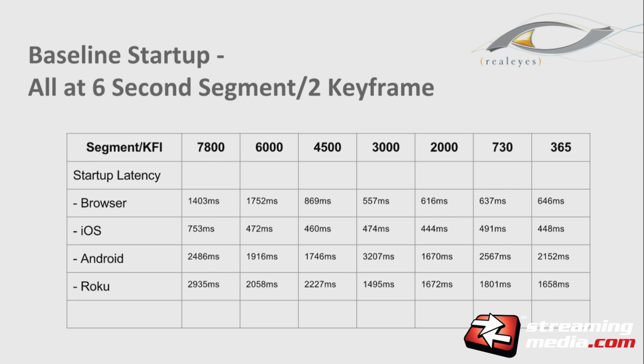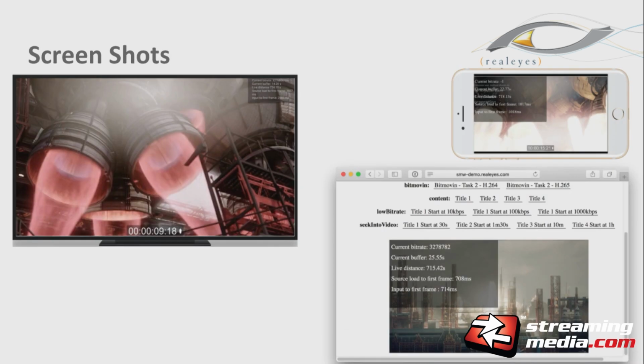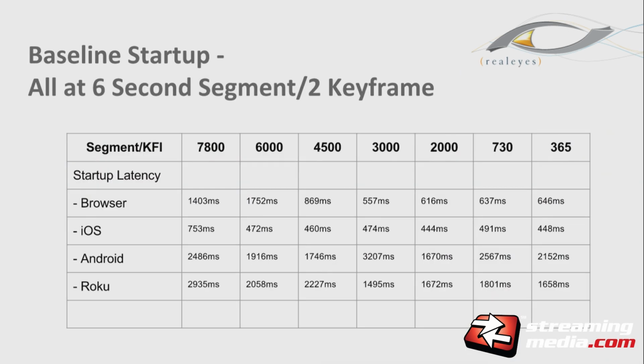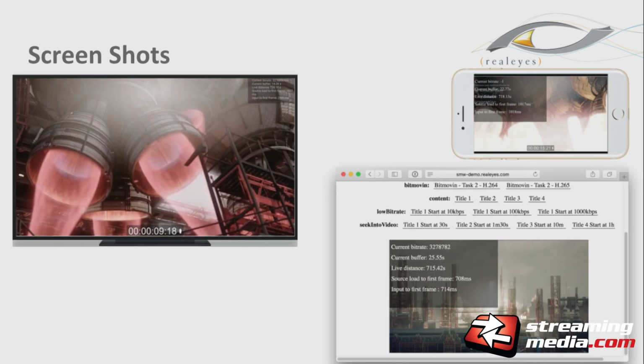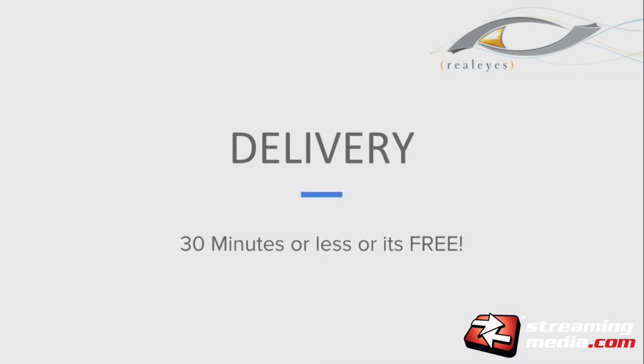Later on, we're going to see how that actually starts to change when we use different settings, so different segment sizes and so forth. This shows just a little bit of what some of these apps look like on the different devices. All of them had a similar display overlay, and the key thing is they all track the data underneath. So we'll look a little bit at those data results, and if you guys want to talk more about those apps later on, we can.